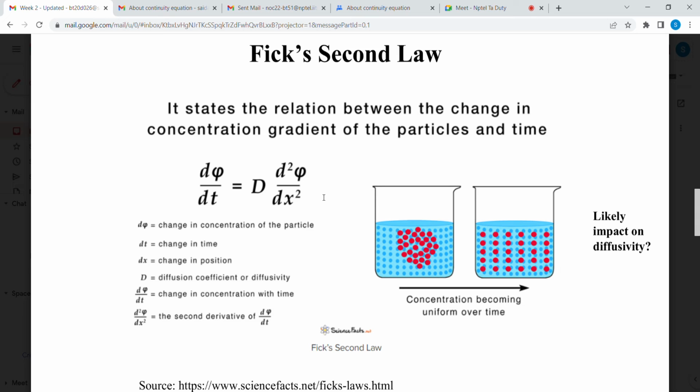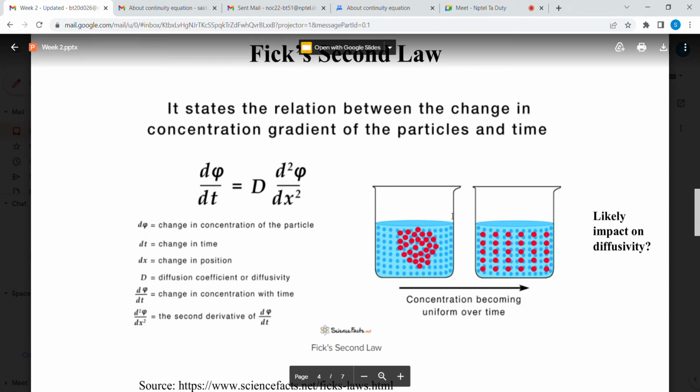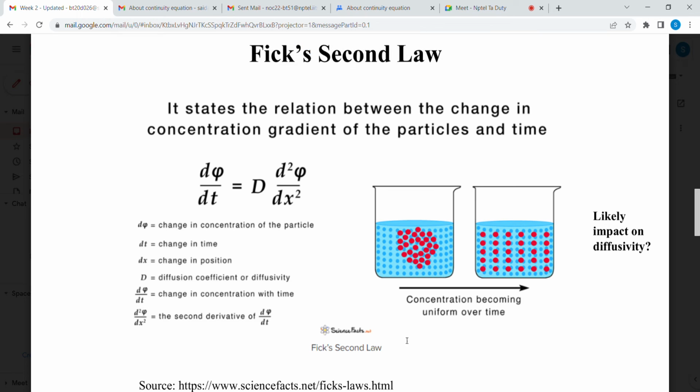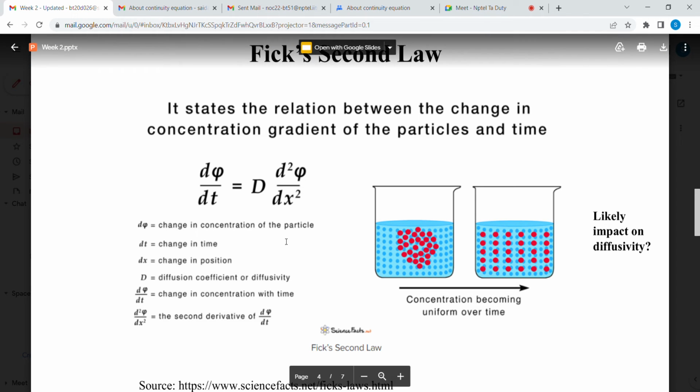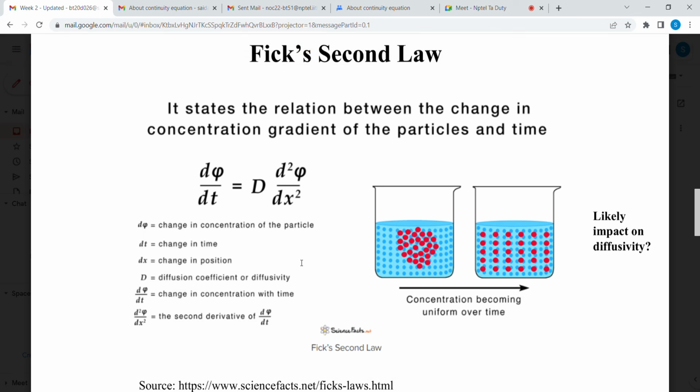Acceleration is the rate of change of velocity, or in other words, the rate of change of position of the particle. So it's the second derivative. So it is the rate of change. All the other quantities are similar. The only thing that we are measuring here is the change in the concentration of